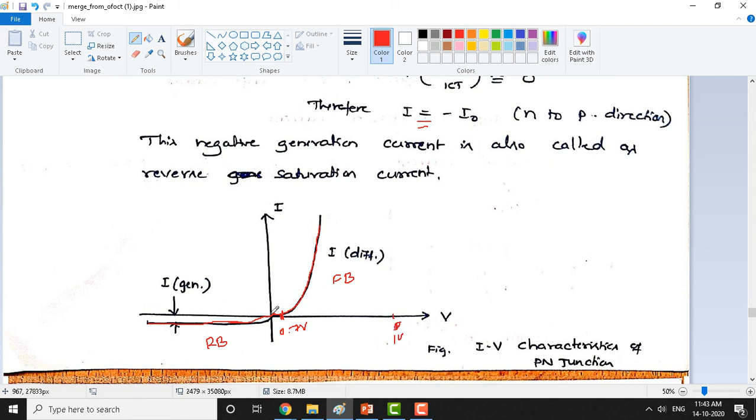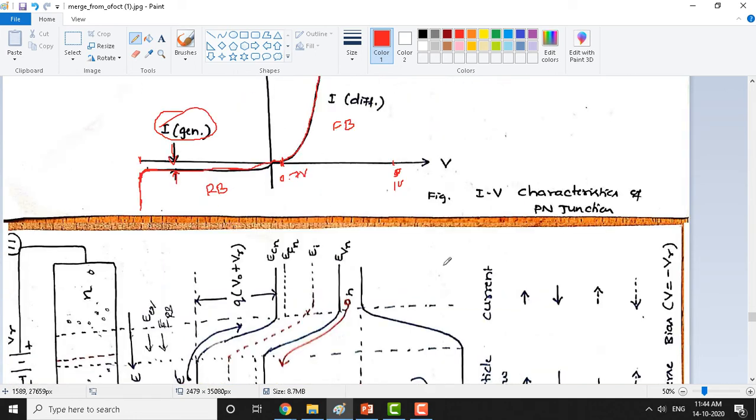Our understanding here is to check the cut-in voltage, where the conduction starts and how exactly current flows. Beyond that, current will go in an exponential manner. But in reverse bias, you can see that the current is almost constant. The magnitude of this current is equal to I generation. Till breakdown happens, this current is maintained constant, and once the junction breaks down because of Zener or avalanche breakdown, a large current will surge something like this. So the device will break down because of different phenomena like avalanche or Zener breakdown.